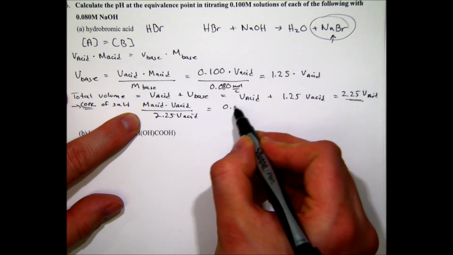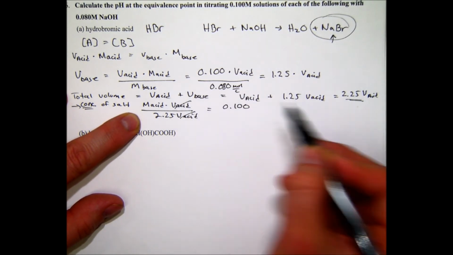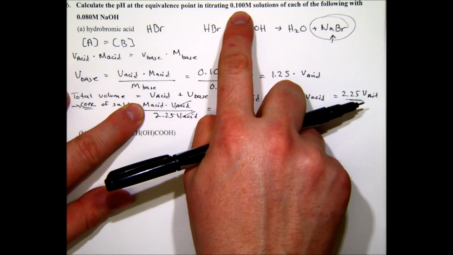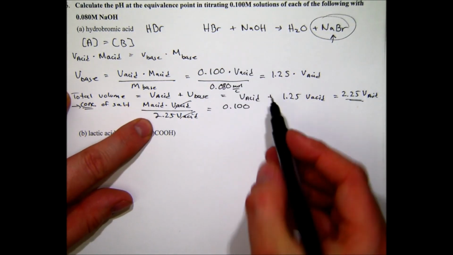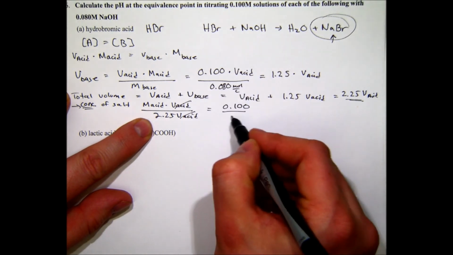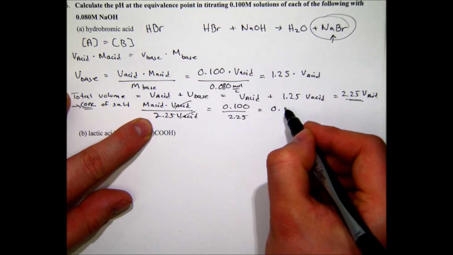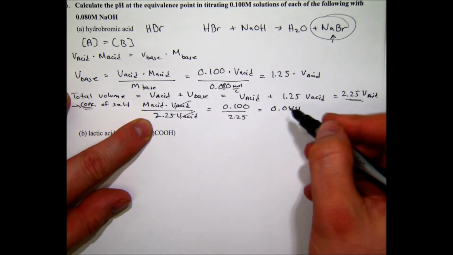This gives us 0.100, because V acid is going to cancel out, and we know the molarity of the acid is 0.1, divided by 2.25, equals 0.044